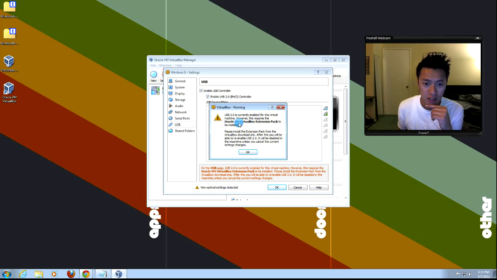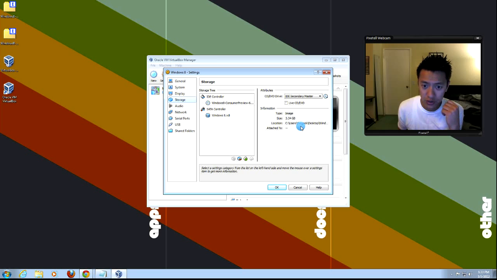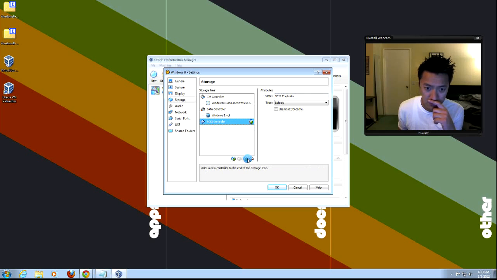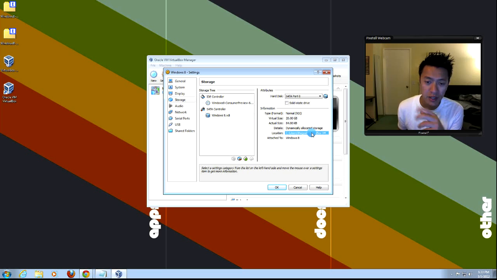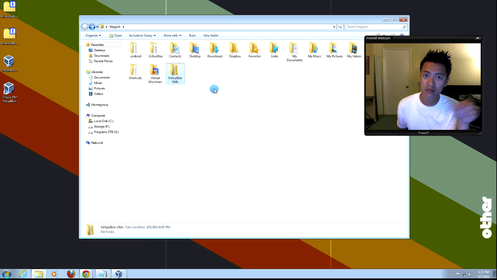Let's see here. If you click that, you need the VirtualBox extension pack. I'm not gonna get that, so I'll leave that unchecked. But actually back here, this is where I think you would choose... no, never mind. I think back when you first set it up, instead of choosing where you want to have your VirtualBox, remember in this folder here, VirtualBox VMs, Windows 8 stuff, that earlier section, rewind and watch it, you would choose your